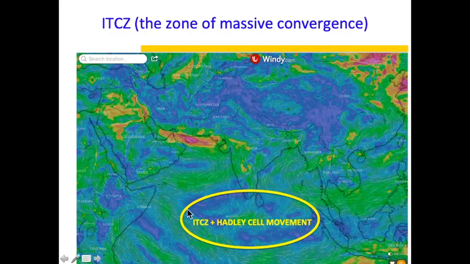Right now, as we all know, the ITCZ keeps moving south and north, and right now is the time when it is going to move north. Right now it's near the equator, and it is slowly starting its northward journey. This is the ITCZ, where the winds from the northern hemisphere and the southern hemisphere meet and converge. And since they have nowhere else to go, they move upwards. And again, this is a